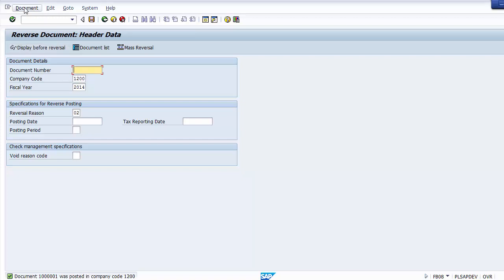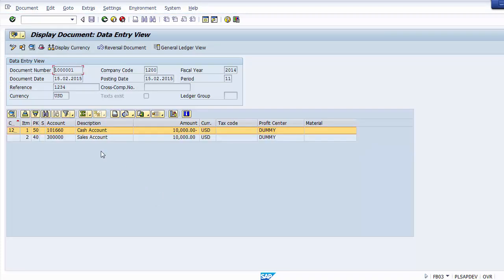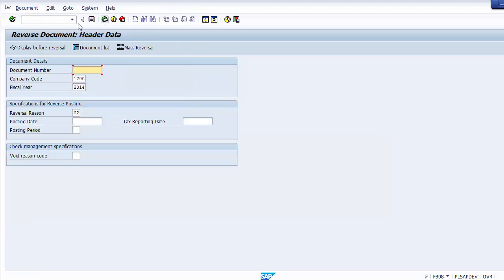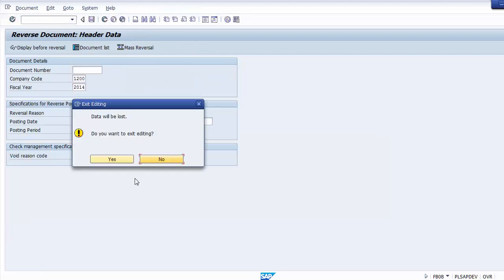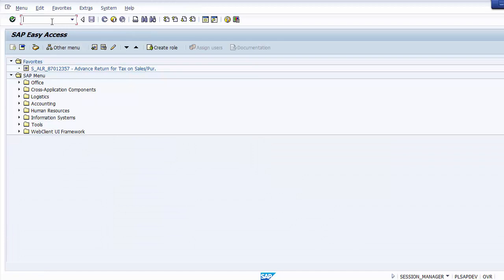If you want to display the document, you can click onto this display over here on the document on the top side. Click onto the display and you can see the document has been reversed. So now the cash account which was debited earlier has been reversed with credit, and the sales has been debited. And if you want to cross check your ledger account whether it has been reversed or not,